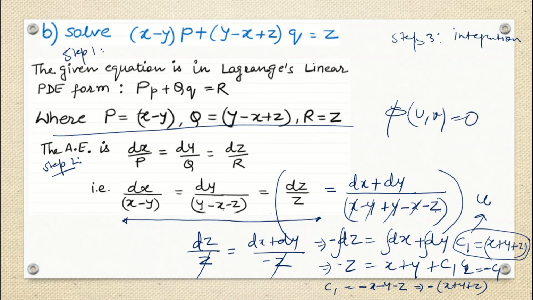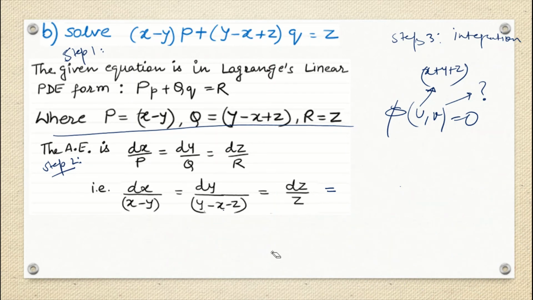You got your u as x plus y plus z. Now you want to know what v is, and then you are done with this question. How will you understand that it is better to apply this trick here? It will come with practice. I want to try keeping all three dx, dy, dz in one term. I don't know whether it will be plus or minus.